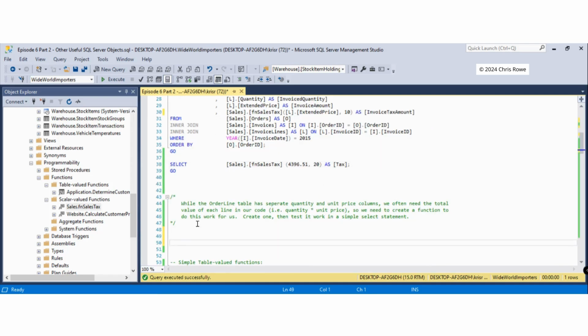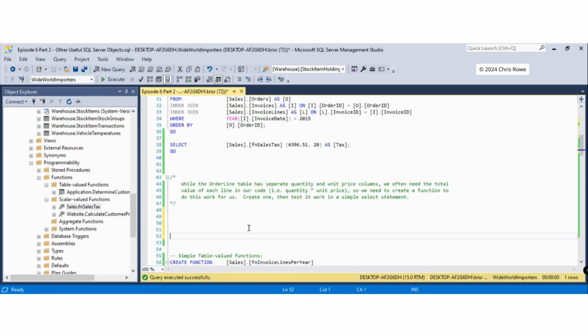Let's have a look at another example for you. In this scenario, the order line table has separate quantity and unit price columns, and we often, as you've seen before, need the total value of each line in our code going forward. As you've seen, we've done a lot of quantity times unit price, and then we have to sum it up, etc., etc. So what we need to do then is create a function to do this work for us,